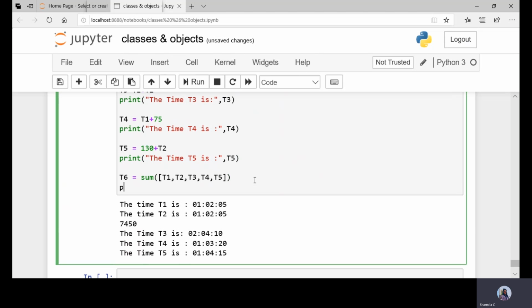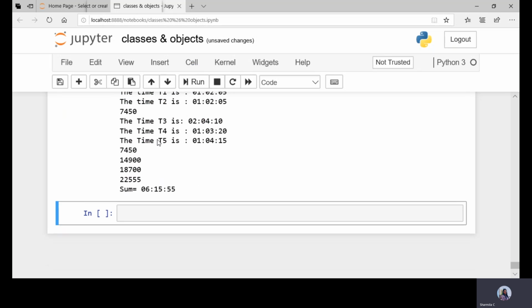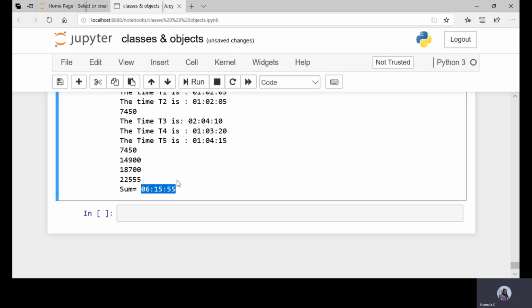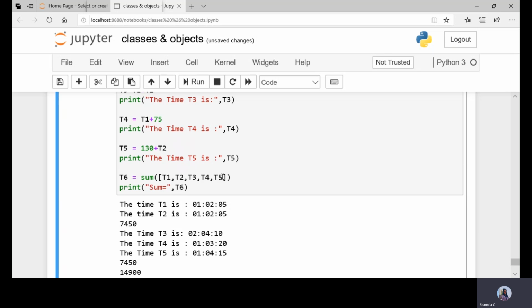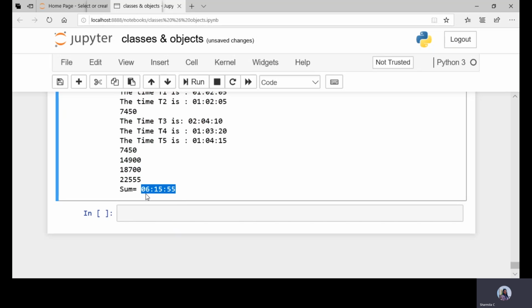And finally print sum equals, followed by T6. Now check here. It is adding all the times, T1, T2, T3, T4 and T5, and finally printing the result, that is 6, 15 and 55.